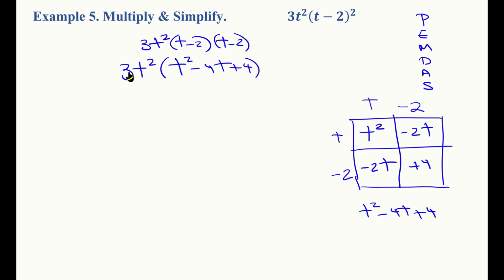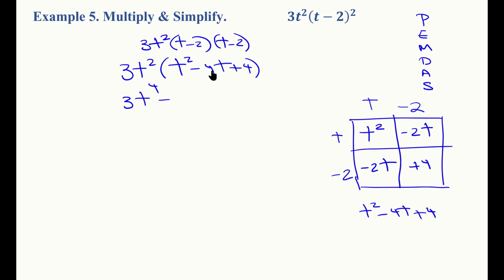Now all we have to do is go ahead and distribute the 3t squared. Not before this point, but now there's no more outer power to deal with. So we go ahead and distribute, and there's nothing you can do inside. We've already taken care of combining the like terms. So now we distribute. So we get 3t to the 4